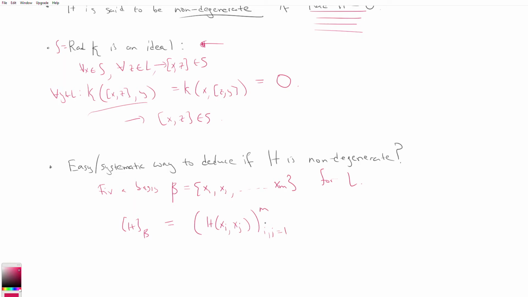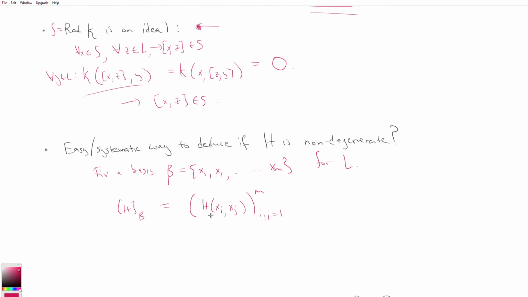So the i-th row in the j-th column simply contains the bilinear form acting on x_i comma x_j. And so by bilinearity, we can actually deduce the bilinear form on all the vectors from its matrix, because these vectors span the space. And so how does this help us? Well,